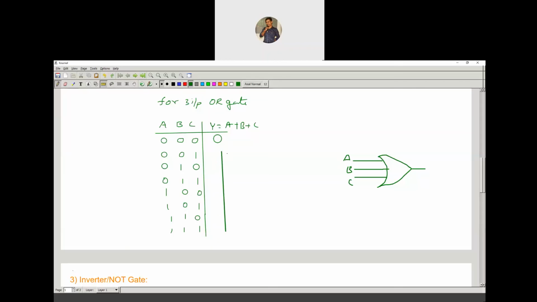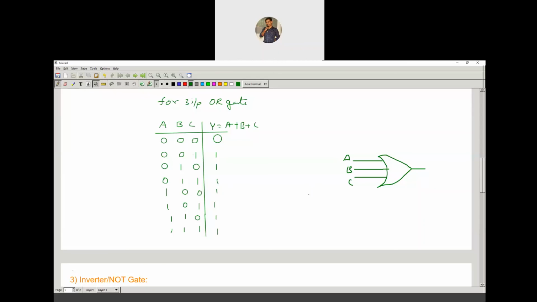In all remaining cases, the output is going to be logic 1. And you don't write in this manner in the examination. You have to write a single one. For 001, write that. The conclusion: for this, the output is 1, and 1, and the remaining cases are also 1.